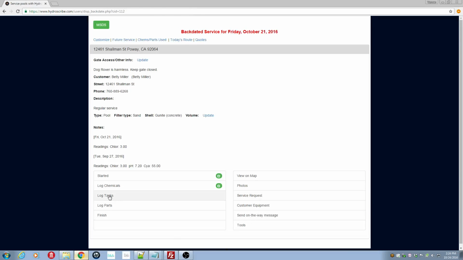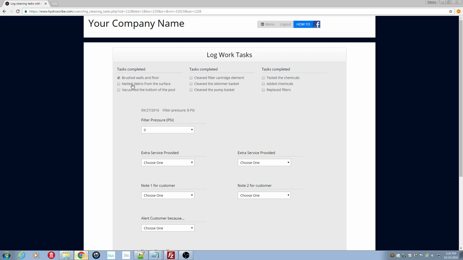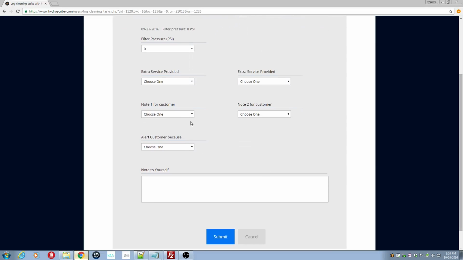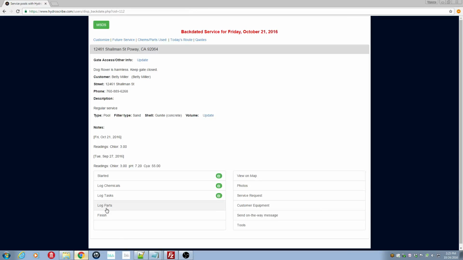I'm going to log the tasks that I did. So as I do them, I click them off. And I want to leave a note for my customer telling them that the water currently looks good. And so I'm done with that, so I'm going to click the submit button. And now I didn't use any parts, so I can skip over that option. So I'm done, so I simply click the finish button,